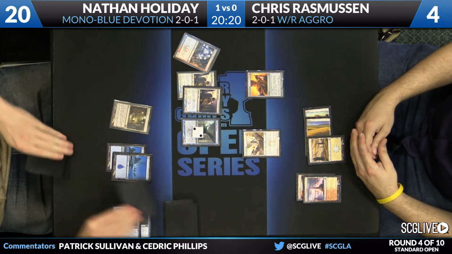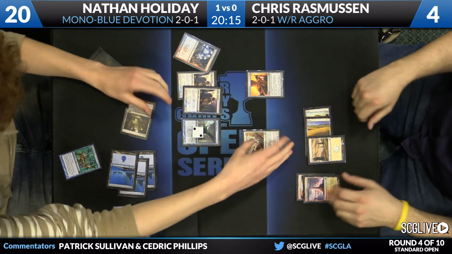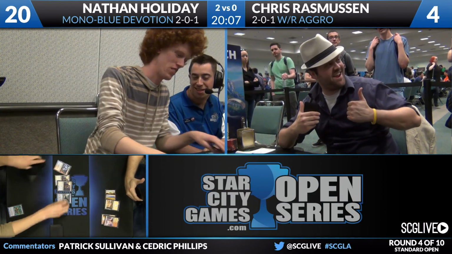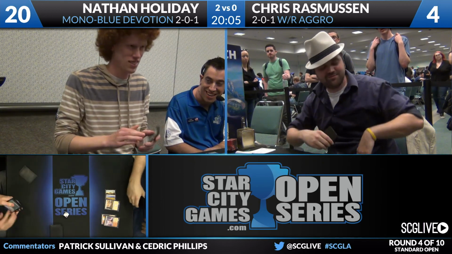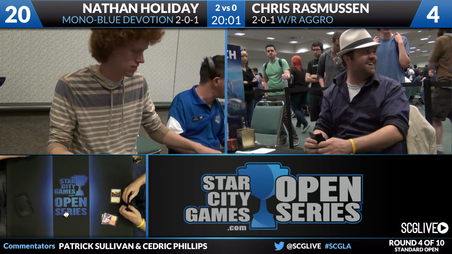Yeah. Fire's back. There's the island. There it is. There's the domestication. No, Nathan, come on. Yep, that's gonna do it. You don't need to do him like that. Nathan Holiday will win this match over Chris Rasmussen. He moves on to 3-0-1 as Chris will take it the right way. Mulligan to 4. What can I do? Yeah, sometimes, there's some matches